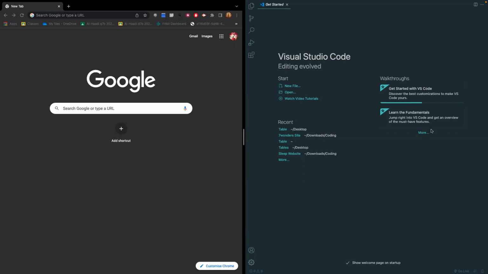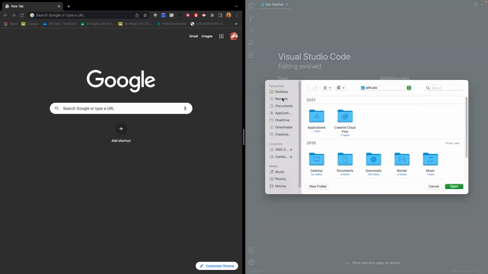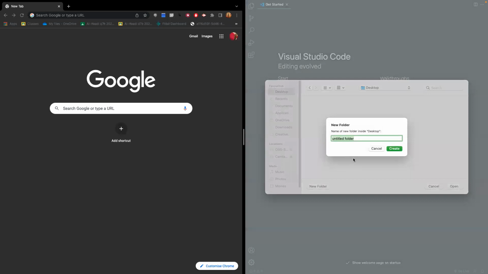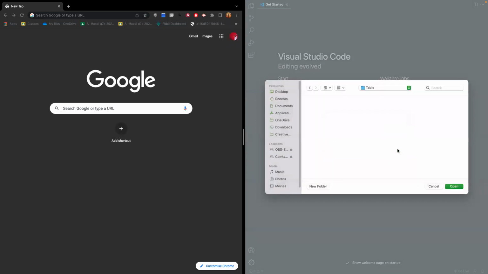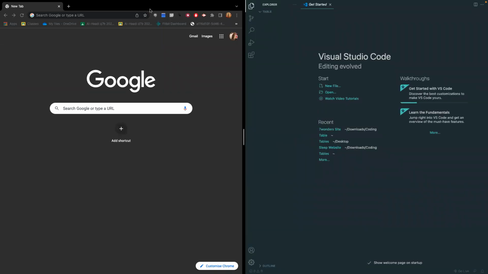The first thing you want to do is open your editor. If you're using Visual Studio Code, you can click open here. You can go to our desktop and create a new folder called table. Now once you create table, we can open that up, and inside of table we can create an